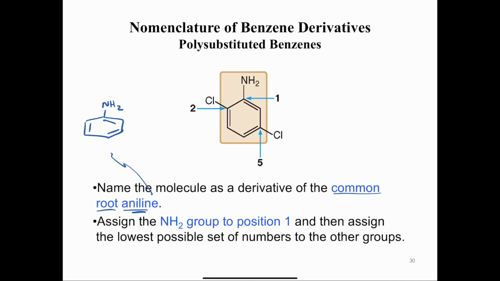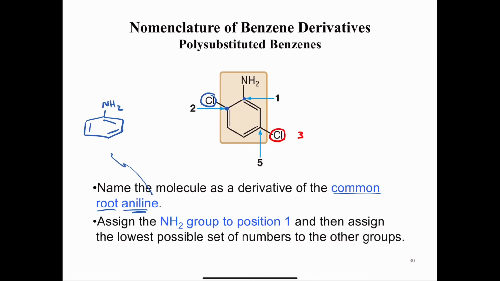And of course, I assume the carbon that has the amino group attached to it in my aniline molecule is carbon 1. Then I'm going to number this molecule counterclockwise because that would give this carbon the number 2. And the reason why is because then I give this chlorine the number 2. If I had gone clockwise, then I would end up giving this chlorine the number 3. And since 2 is lower than 3,